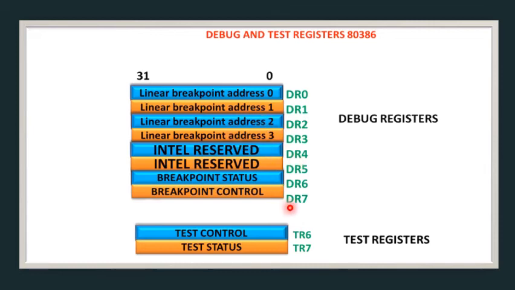DR7 and DR6 hold breakpoint control and breakpoint status information respectively. The 2 test registers TR6 and TR7 exist in the 80386 processor for page cache, as shown in the figure. TR6 is known as test control and TR7 is called the test status register.